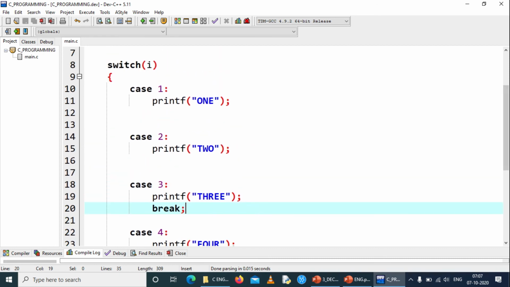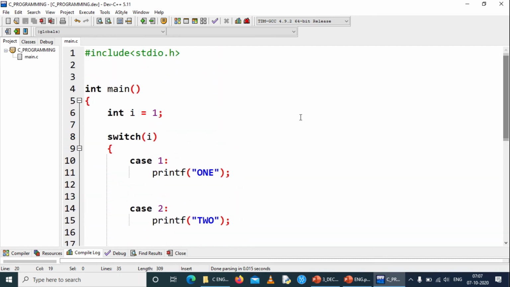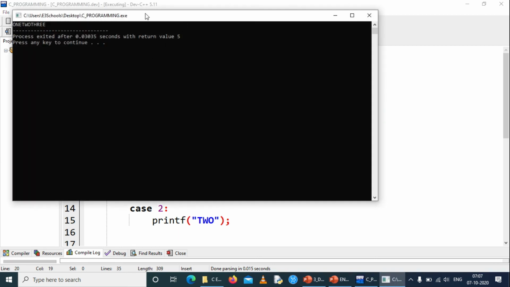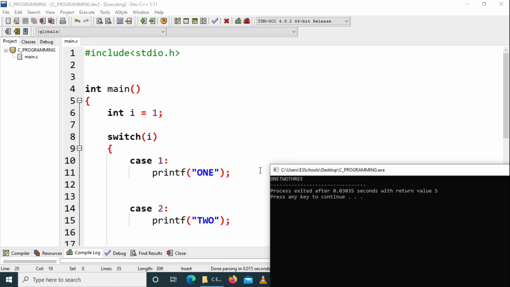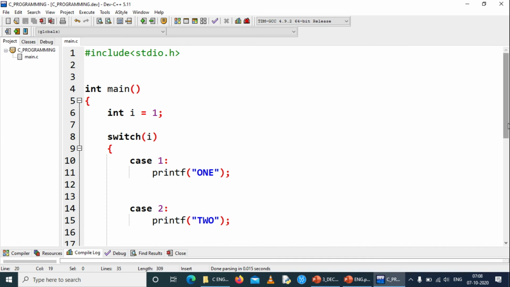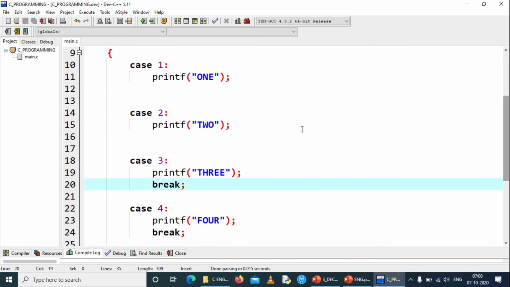We have given I value 1 intentionally for checking some critical cases. As the I value is 1, the program is supposed to print only 1 as output, but instead it has printed 1, 2 and 3. I think you can relate this output with the break statements we have removed.